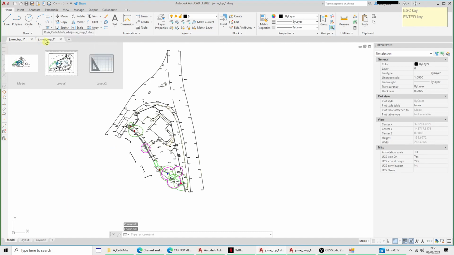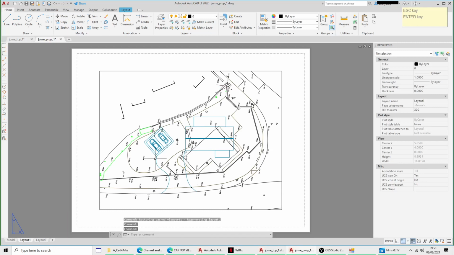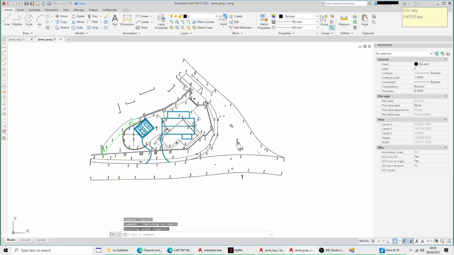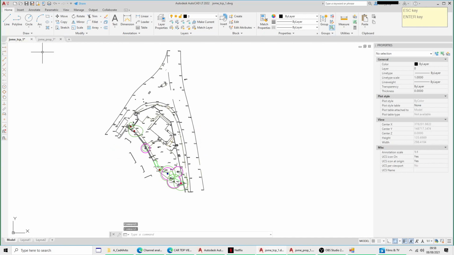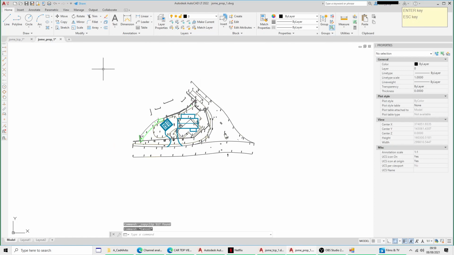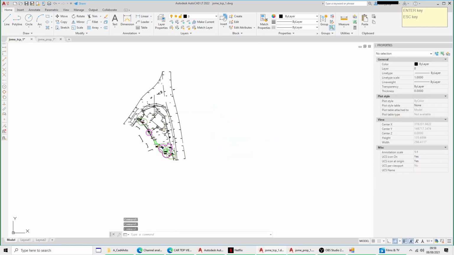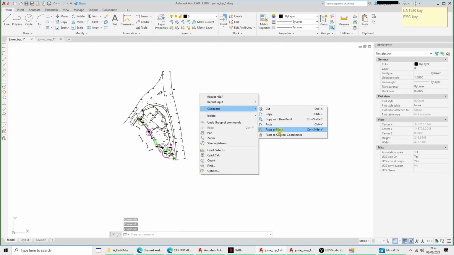do you rotate the proposed to match the topo alignment where north is at 12 o'clock, or do you rotate your TCP to fit the proposed. I generally take the proposed and put it onto the TCP, the tree constraints plan, but you can do it either way. So what I generally do is grab the proposed and copy it and stick it on the model space as a block,